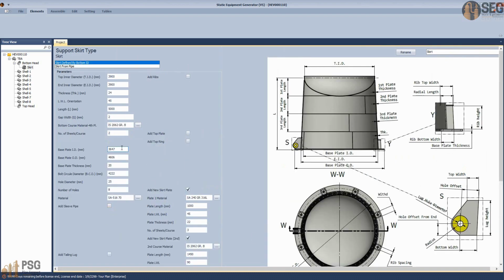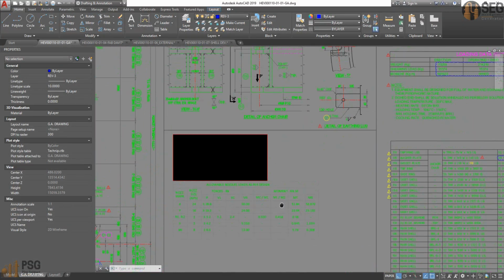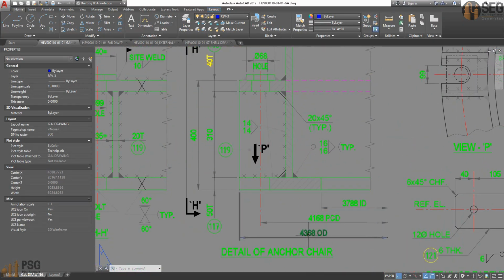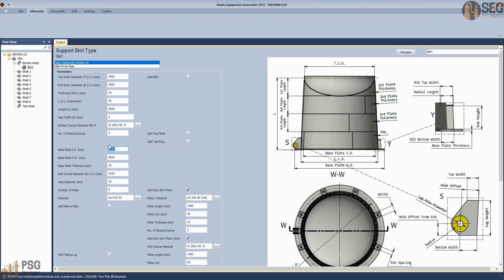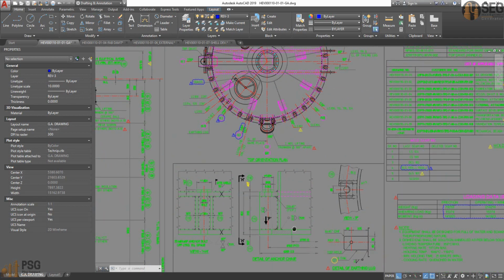Okay, now let's add the dimensions of the base ring. The base ring inside diameter, if we take a look to that detail, we can get the inside diameter and outside diameter and hole circle diameter from this view. So let's define the inside diameter of the base ring, the outside diameter, and here that's the thickness of the base plate, it's 50 millimeters, and the bolt circle diameter is 4168, and the hole diameter it's 99,